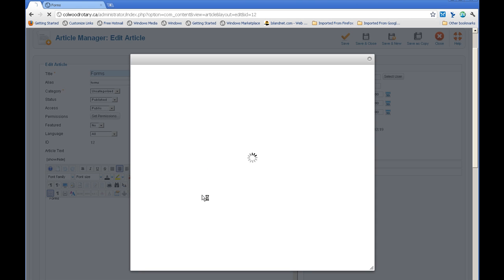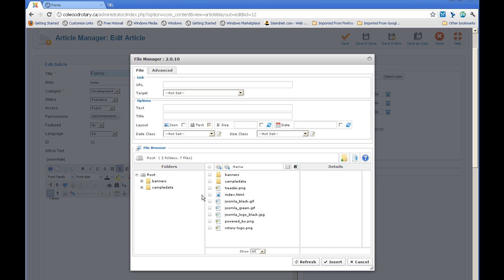When we click on that button, it will open up the folders. It's actually showing the image folder, which is the root in this install for files and images and media things. It shows folders that are in subfolders that are in the root and what files are in the root in this particular case, this root folder. I'm going to suggest that the folder be created called Downloads for uploading the files you want to make available